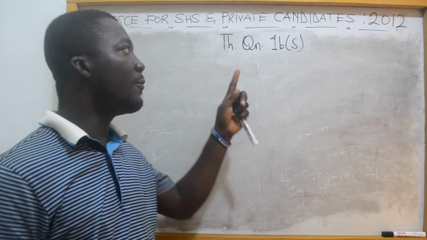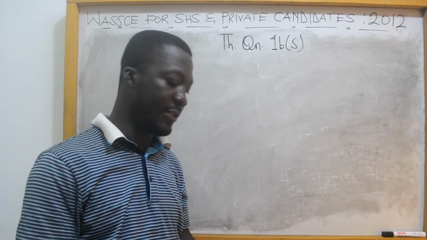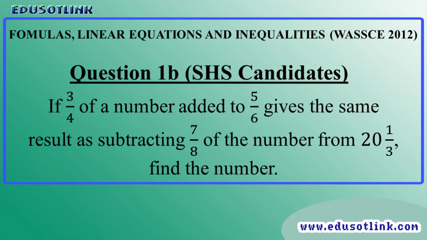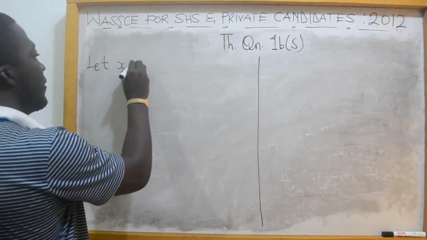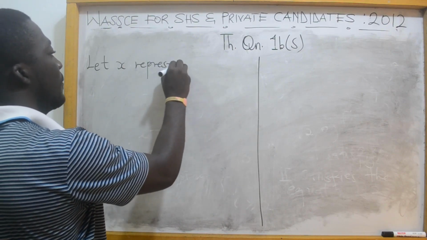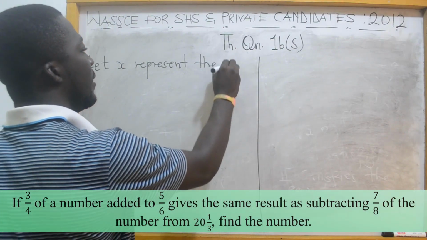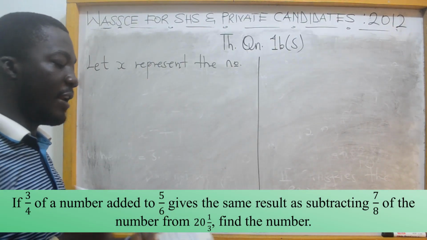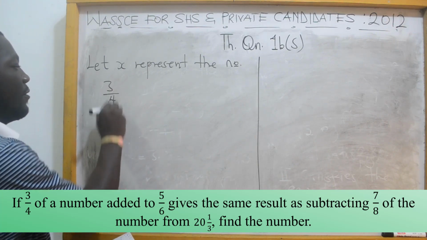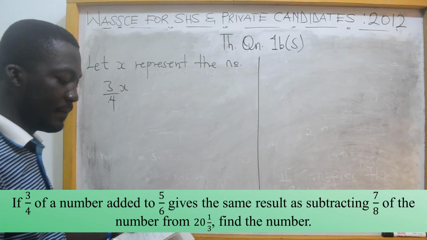Theory question 1B for senior high school candidates. The question reads, if 3 out of 4 of a number, so we have to get a variable for the number. Let x represent the number. So if 3 out of 4 of a number x is added